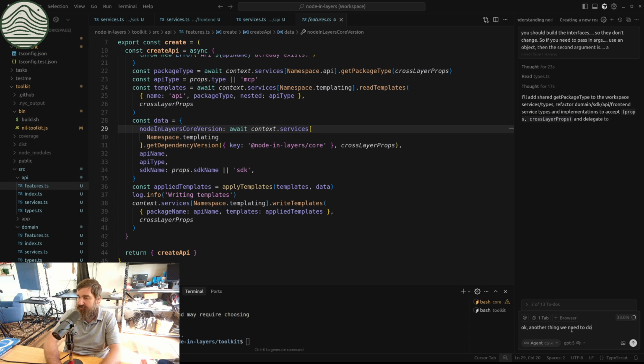We need to do, depending on the different flags, we need to include additional packages with the